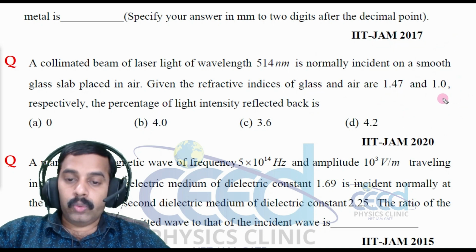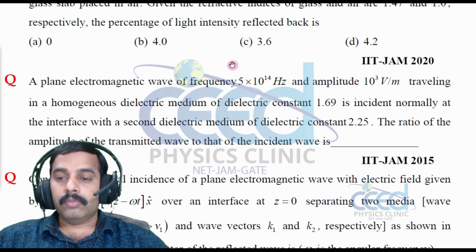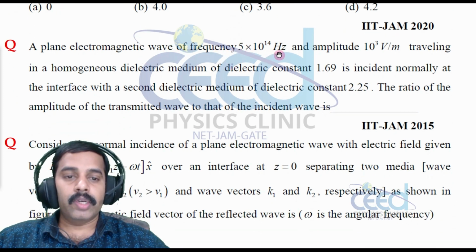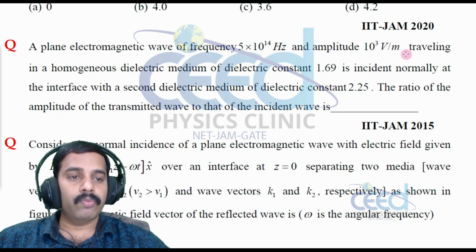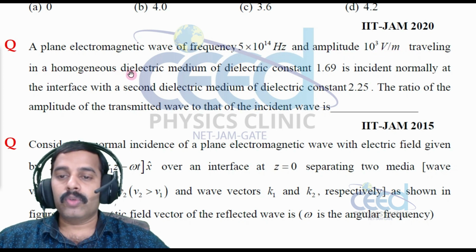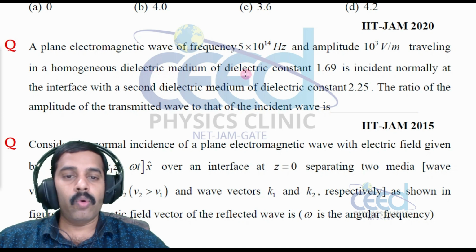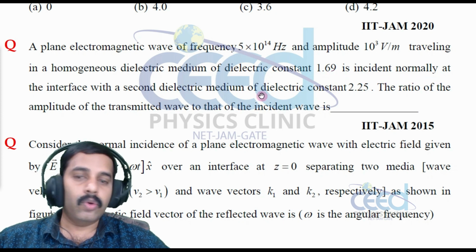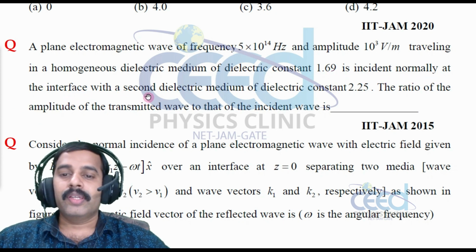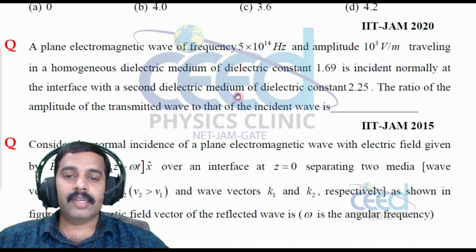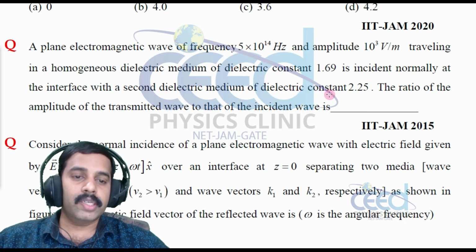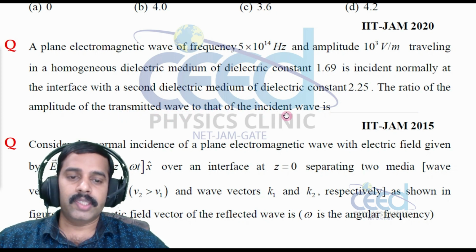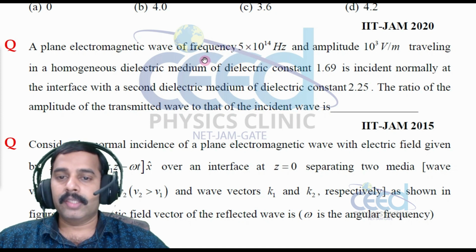Now let us come to another problem. A plane electromagnetic wave of frequency 5 into 10 raised to 14 Hz, amplitude 10 raised to 3 volt per meter, traveling in a homogeneous dielectric medium of dielectric constant 1.69 is incident normally at the interface with the second dielectric medium of dielectric constant 2.25. The ratio of the amplitude of the transmitted wave to that of the incident wave. So the light is falling